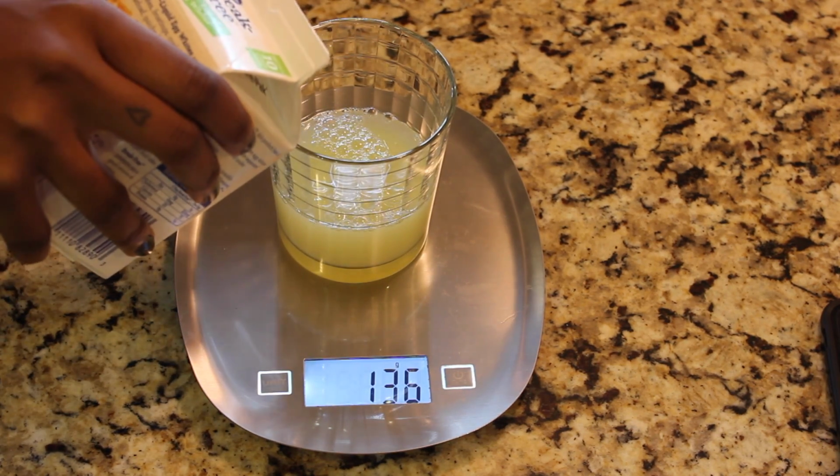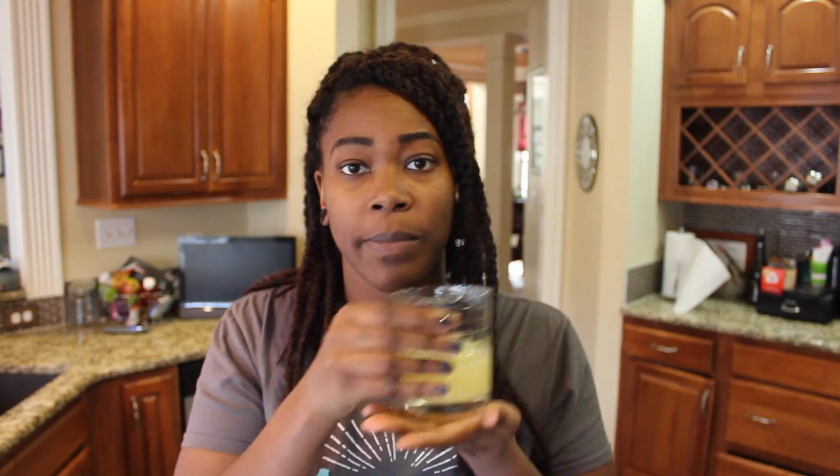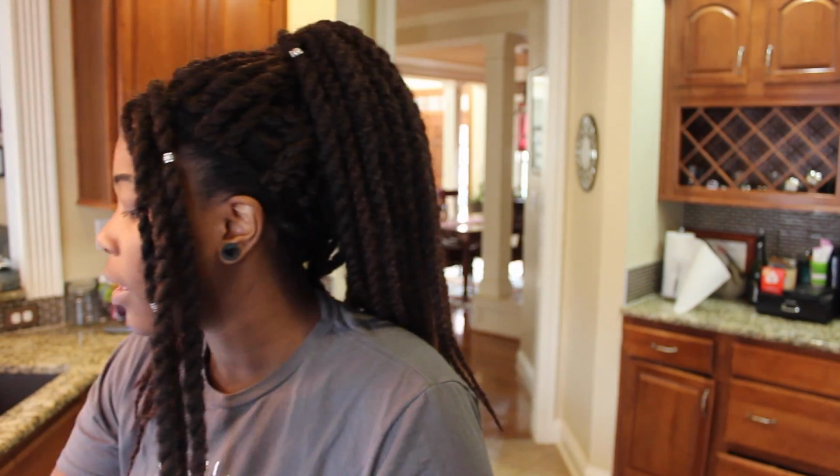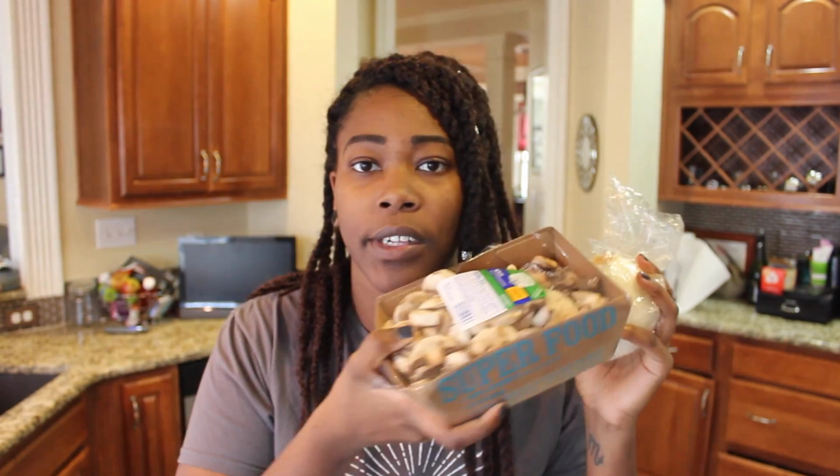Perfect. There's my 3 servings. Next is the hardest. So I normally go easiest to hardest, things that are already separated out into serving sizes and things that I definitely